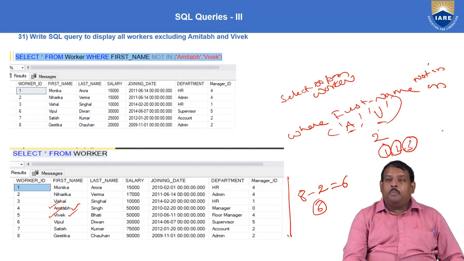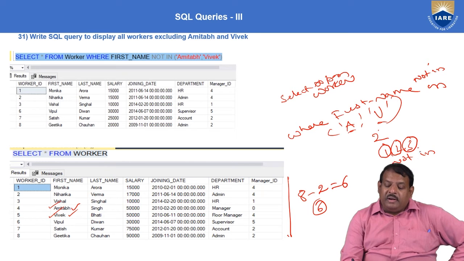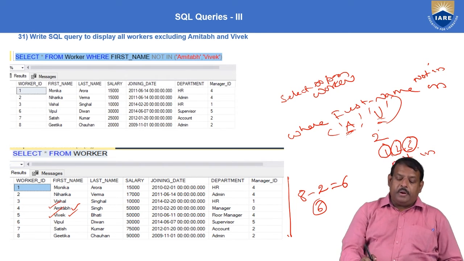An exact opposite to in is the not in operator. In the not in operator, it checks that the name should not be equal to Amitabh, so the rest all will come, and also the name should not be equal to Vivek. Now this is the in operator.